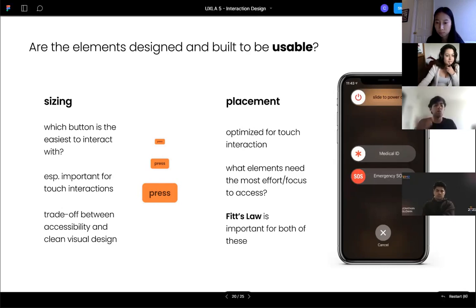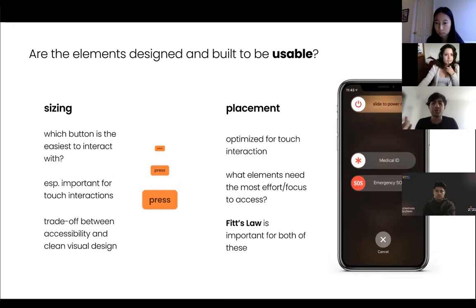But of course, there will be a trade-off between accessibility and clean visual design there, because the larger you make every single element, the more they might compete with each other, or the more space they might occupy. So you'll have less negative space and less breathing room inside the design itself. So it's going to be a trade-off that you want to consciously make, where you want to preserve the visual design, but you also want to make things interactable. And it's up to us to find that sweet spot when we're considering sizing. We can also consider placement, which is